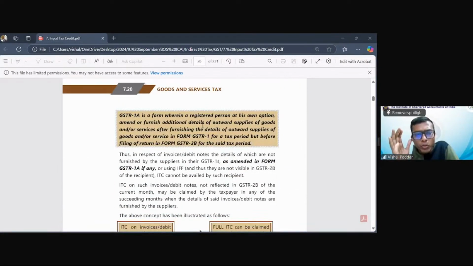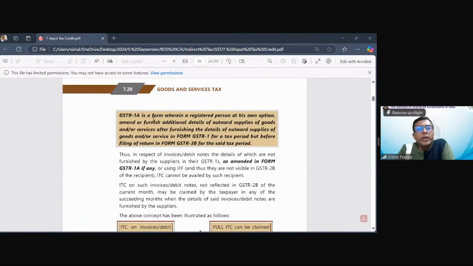And on the basis of this 2B, I will come to know that, okay, these are the purchases which my suppliers have shown. Now, there is a possibility that there is some purchase which I have made, but my supplier has not shown because he has not filed his GSTR1, or he filed his GSTR1, but he forgot to show my invoice. That will not reflect in my 2B. And as per this new condition, I will not be able to take the credit of that invoice at least in this month. I will follow up with my supplier, ask him to upload it, and whenever he uploads it, it will be available to me in the next month. So until and unless my supplier uploads it, I cannot take the credit.